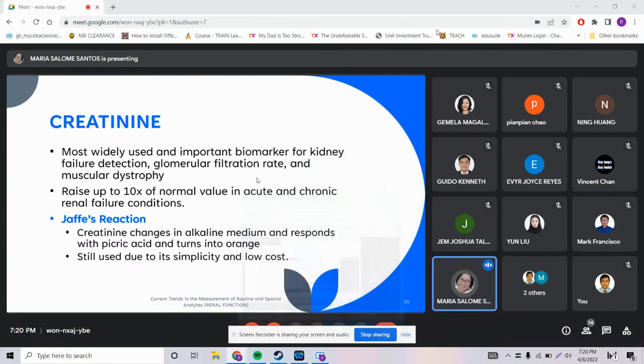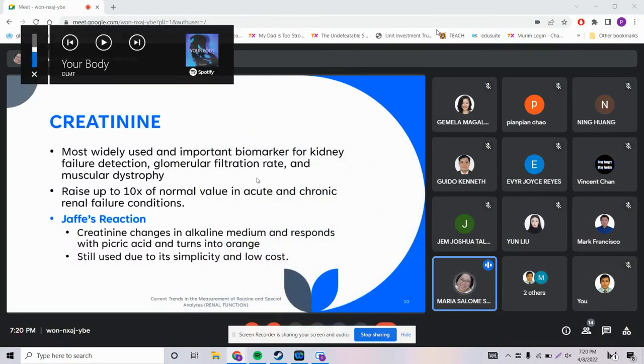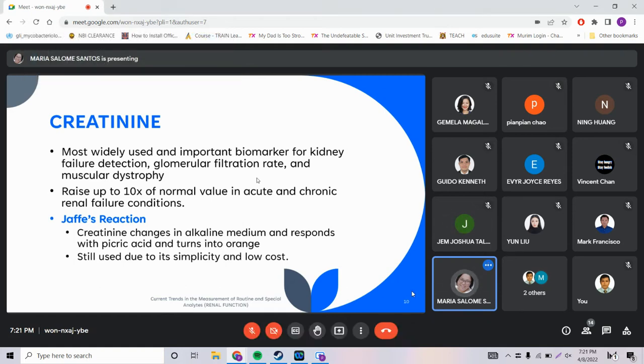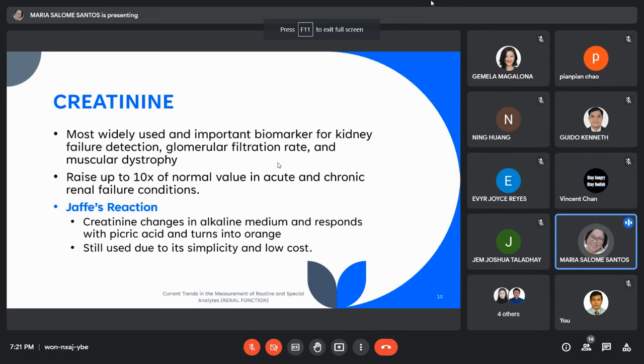The most widely and commonly used method for measuring creatinine levels in serum and in urine is the Jaffe reaction. In here, creatinine changes in alkaline medium and reacts with picric acid and turns orange. This method was presented by Max Jaffe 130 years ago, but is still used because of its simplicity and low